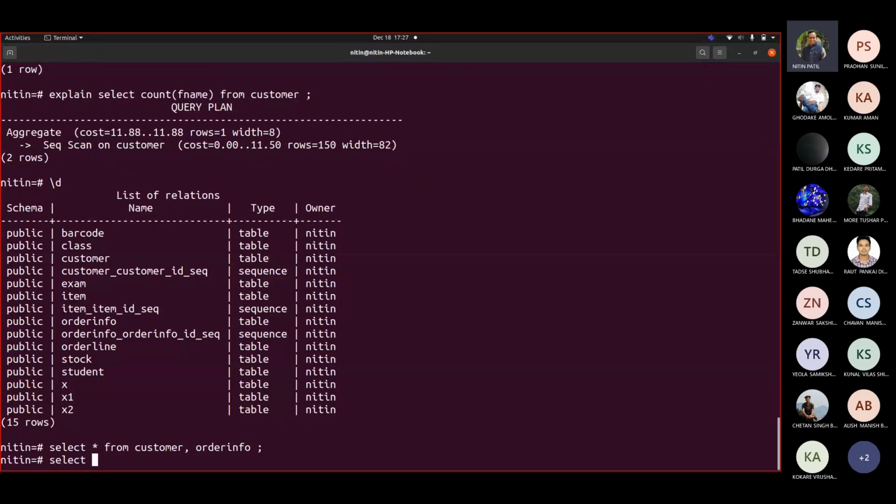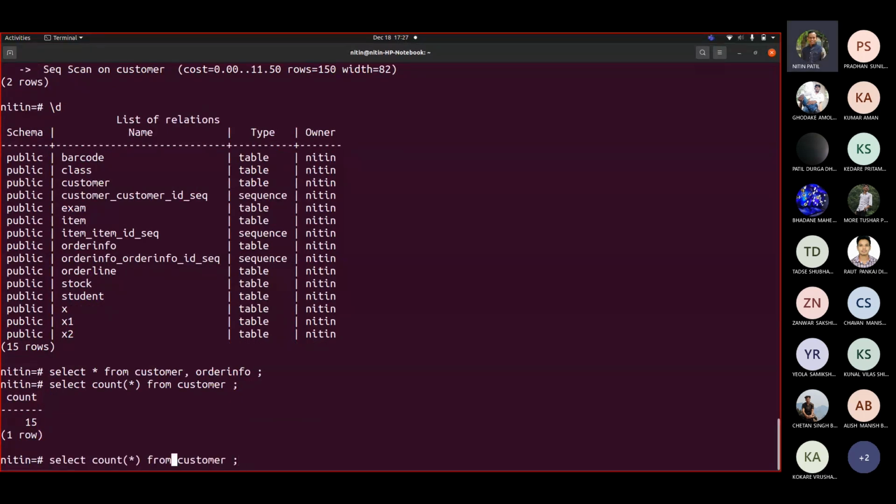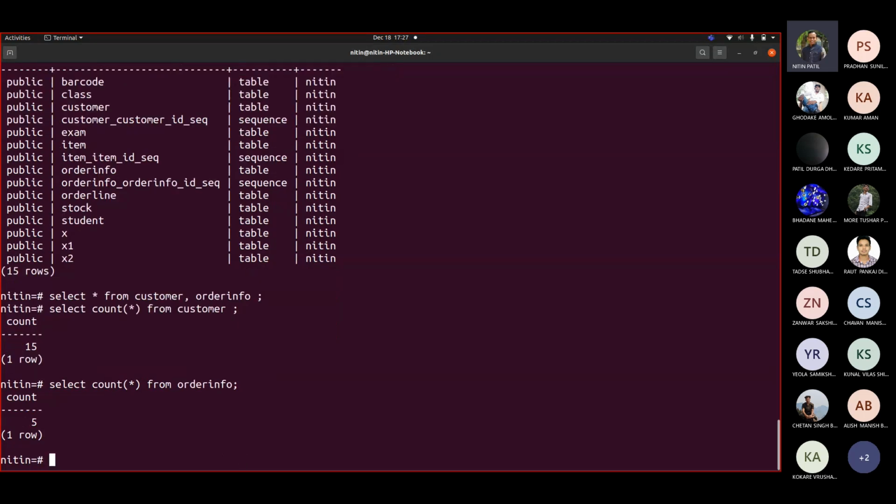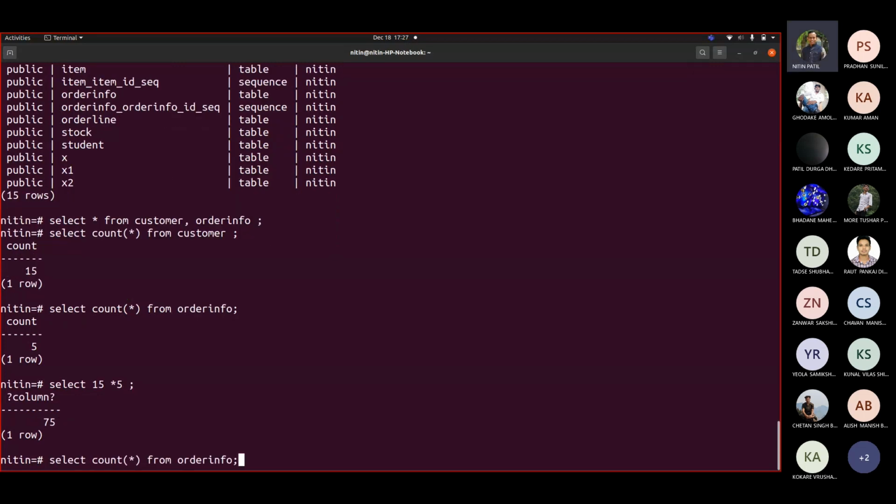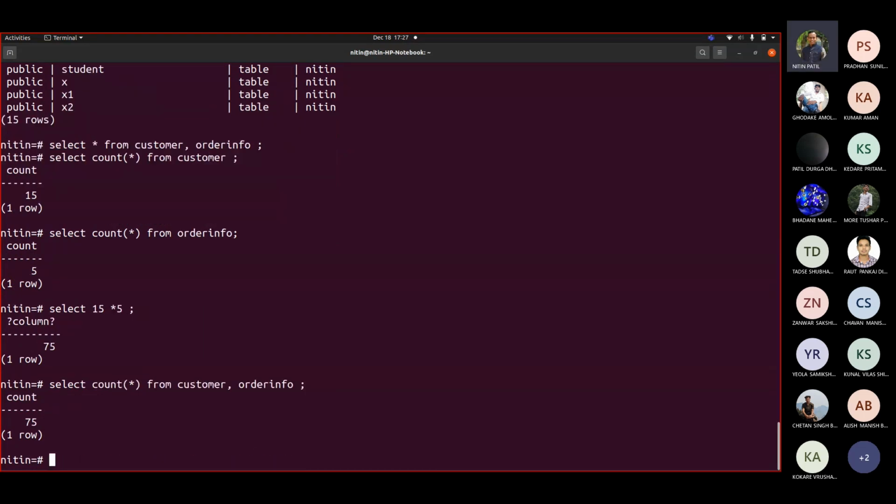So let me see, select count star from customer, select count star from order info. So 15 multiplied by 5. If I write select 15 multiplied by 5, it is 75. So if I fire this count star here, the number of records should be 75.